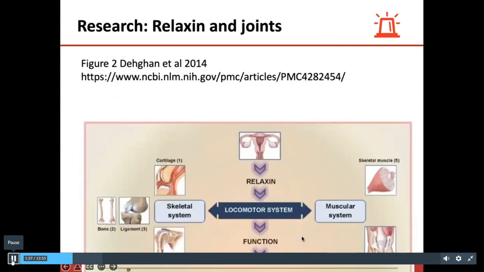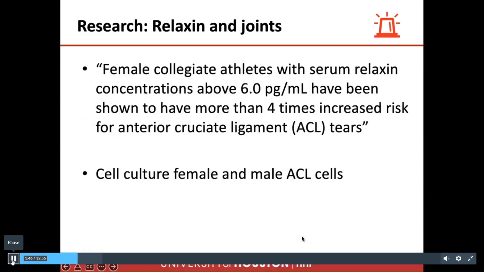So again, important to us for exercise is that relaxin does affect the skeletal system and the muscular system. In this study, they concluded that female collegiate athletes with a serum relaxin concentration above 6 picograms per mil have a more than 4 times increased risk for ACL tears. They wanted to know